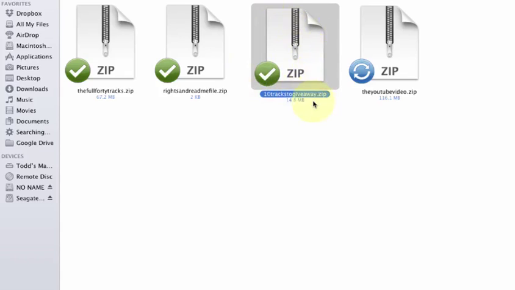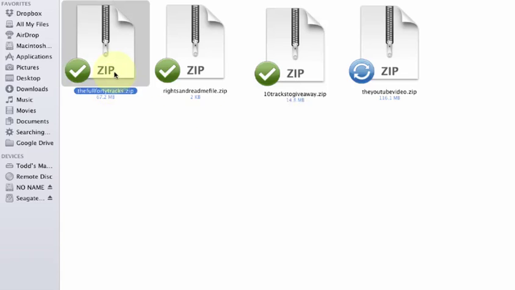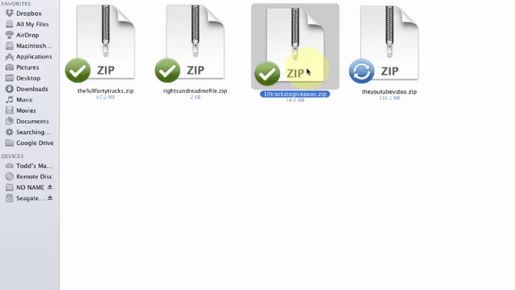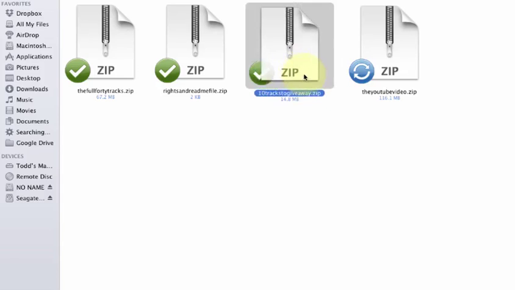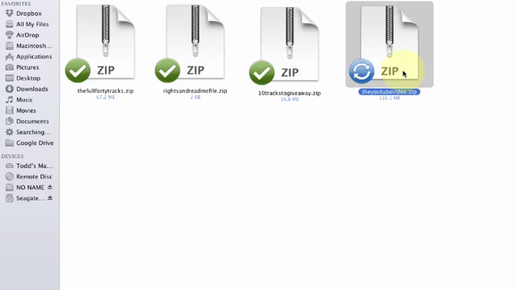Now, if you know what you're doing and you want to mix it up, you can remix the tracks out of this file here. You could take just 10 of any of the music tracks and make a file similar to this to give away. But I've already provided a very wide range of music in this particular package right here. So that's what you will be giving away. I purposely chose tracks that varied quite a bit, so the person that you're giving it away to will get a wide variety.